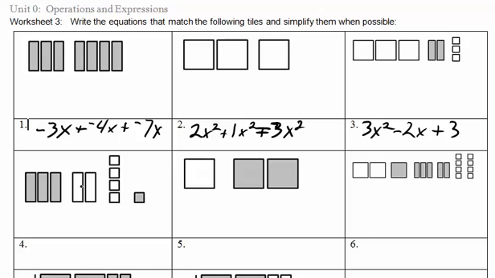All right, so let's take a look at this one. So we have, I'm going to go ahead and write up here just for enough room, negative 3x plus 2x plus 4 plus negative 1, or just minus 1. All right, so these we can cancel some things. So we're going to cancel the 0 pairs. So there's a positive x and a negative x, a positive x and a negative x, a positive 1 and